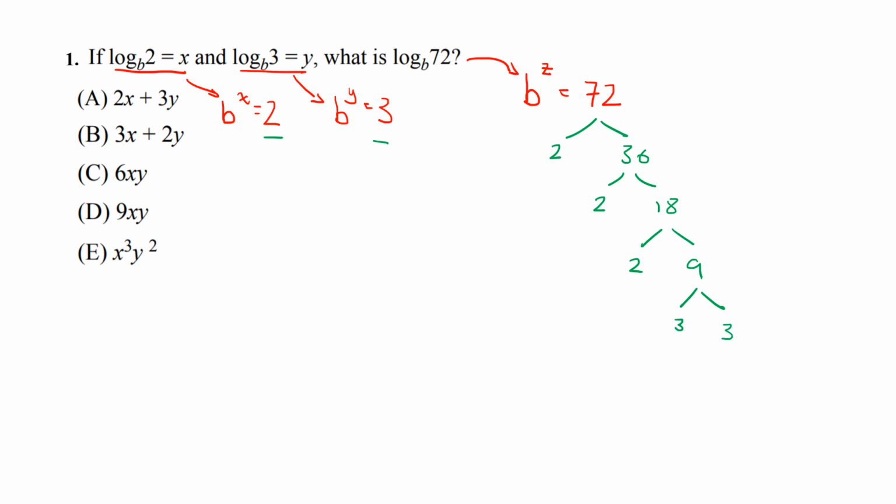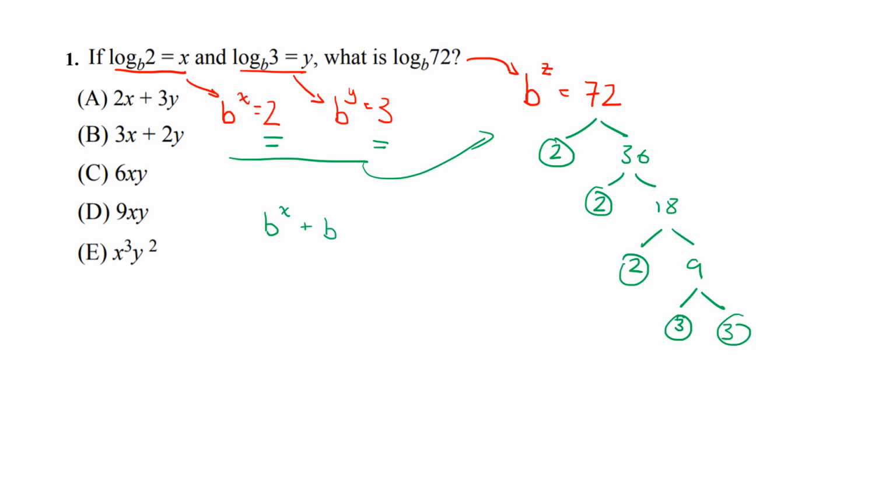So we see here that we have 2, 2, 2, 3, and 3. And if we multiply it all together, we get 72. And coincidentally, these are our terms that we have here, right? 2's and 3's. So how do we write these terms to get 72? Well, we said that if we multiply them together that we get 72, right? So let's do b to the x